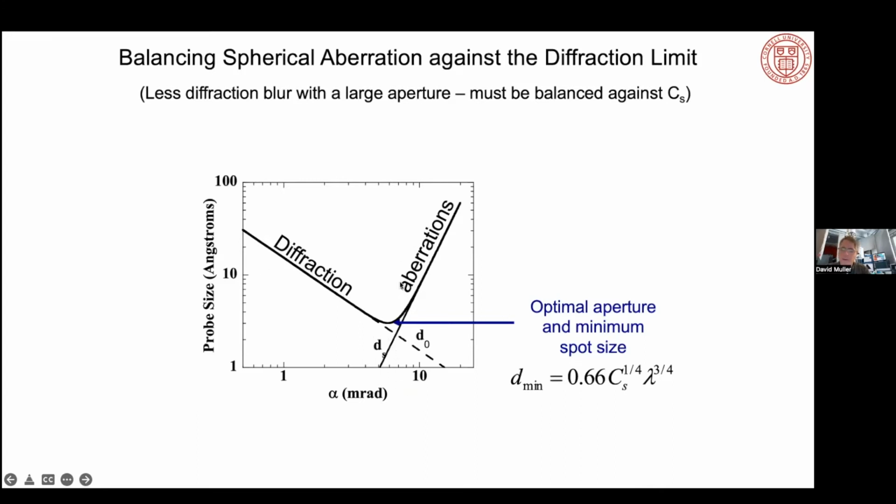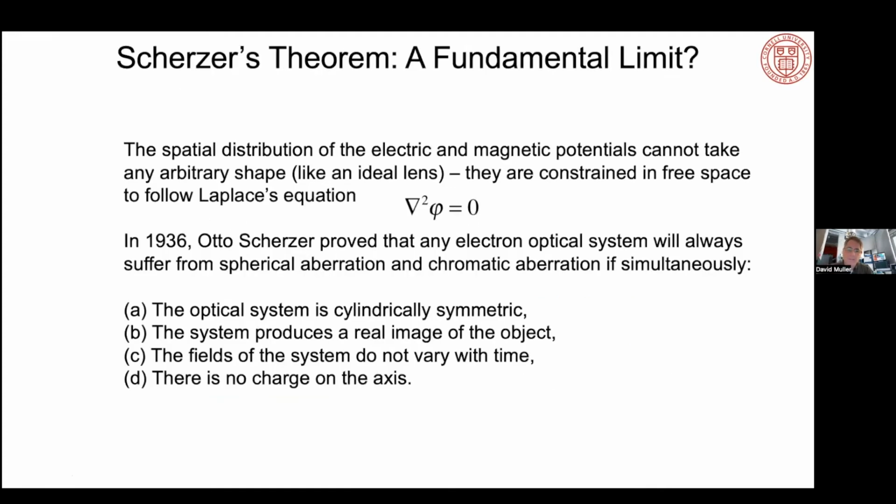And there's obviously, therefore, an optimal aperture size you want to work at. And that optimal aperture size is about 1.5 to 2 angstroms for an instrument. So this had held us back for a long time, even though we'd known from, in fact, the 1930s, what the problem was. And this is called Scherzer's theorem, that if I'm using electric and magnetic potentials in free space, the